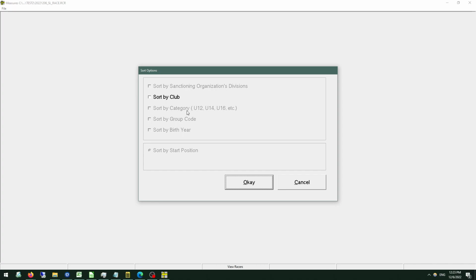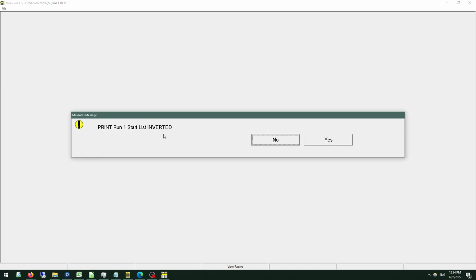they actually change the start order because you are sorting the start list. So if you sort by club, what that will actually do is put all of the one club together, then the second club together, then the third club together. And that was great that we used that during COVID because they didn't want all of the different clubs intermixing. But that'll be something that will be told to you if that's something that is being brought up. So I'm not going to be sorting. I'm going to say, okay, do we want an inverted